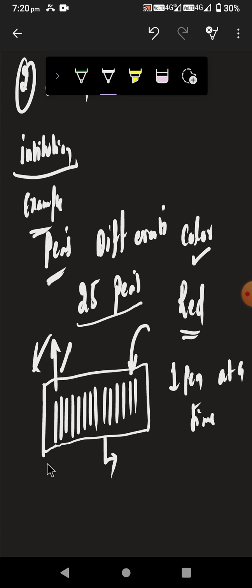Suppose you picked all the pens and threw them, but did not find red color. Now what will happen? If you pick and find the red color, you are successful. If you tried the entire box and did not get a red pen, then your search is unsuccessful. The same idea we will use here. We are searching one by one.